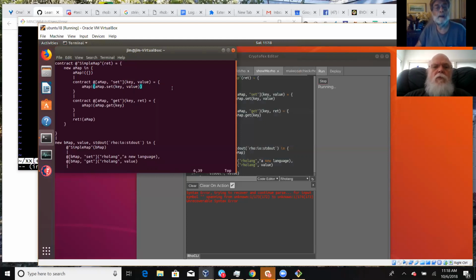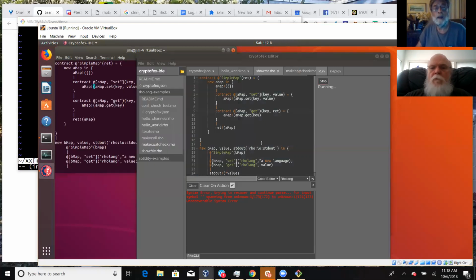Escape. And it looks like we have parentheses missing also up here, right? No, we don't.